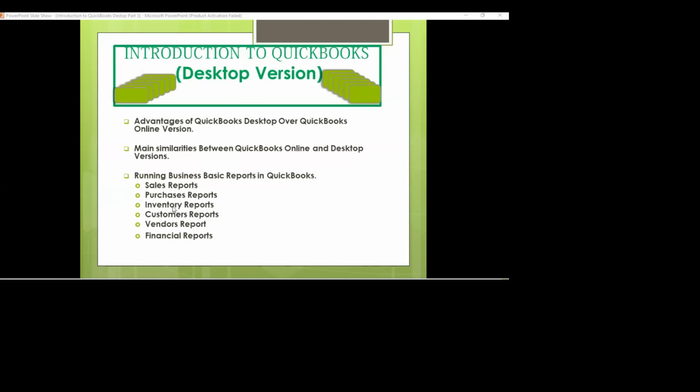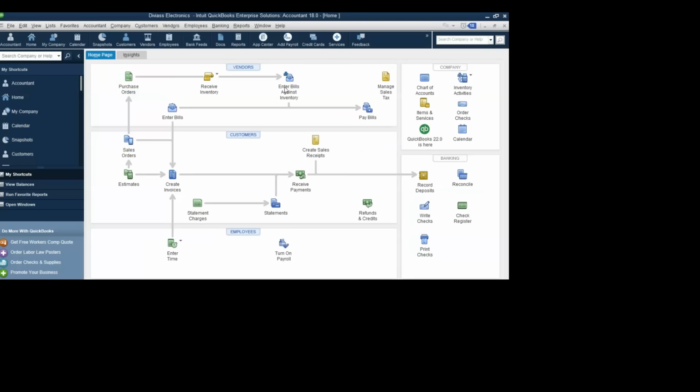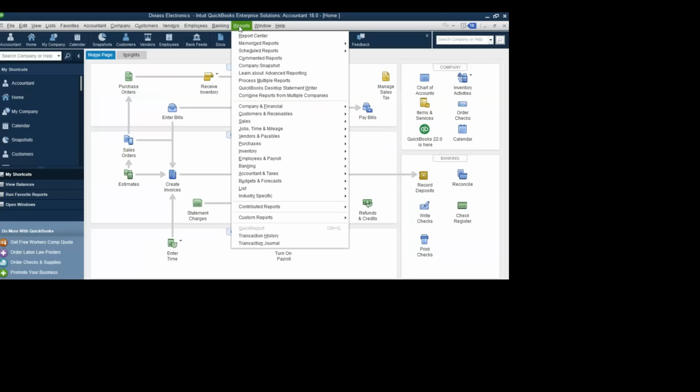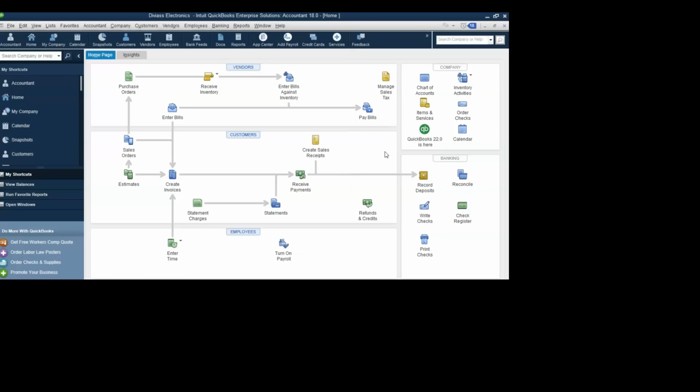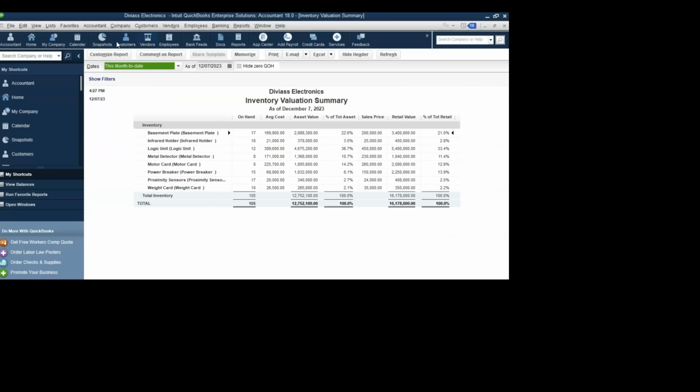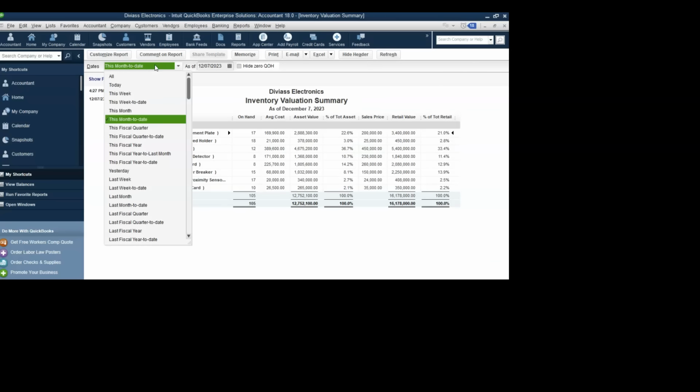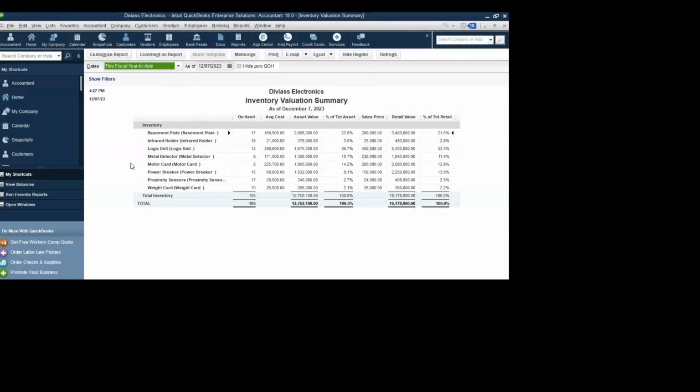Now let's move on to inventory reports. Here we have reports, inventory valuation summary. Then you select your date range, this fiscal year to date. As you can see, these are our reports, inventory reports. Quantity we have on hand is at this date,